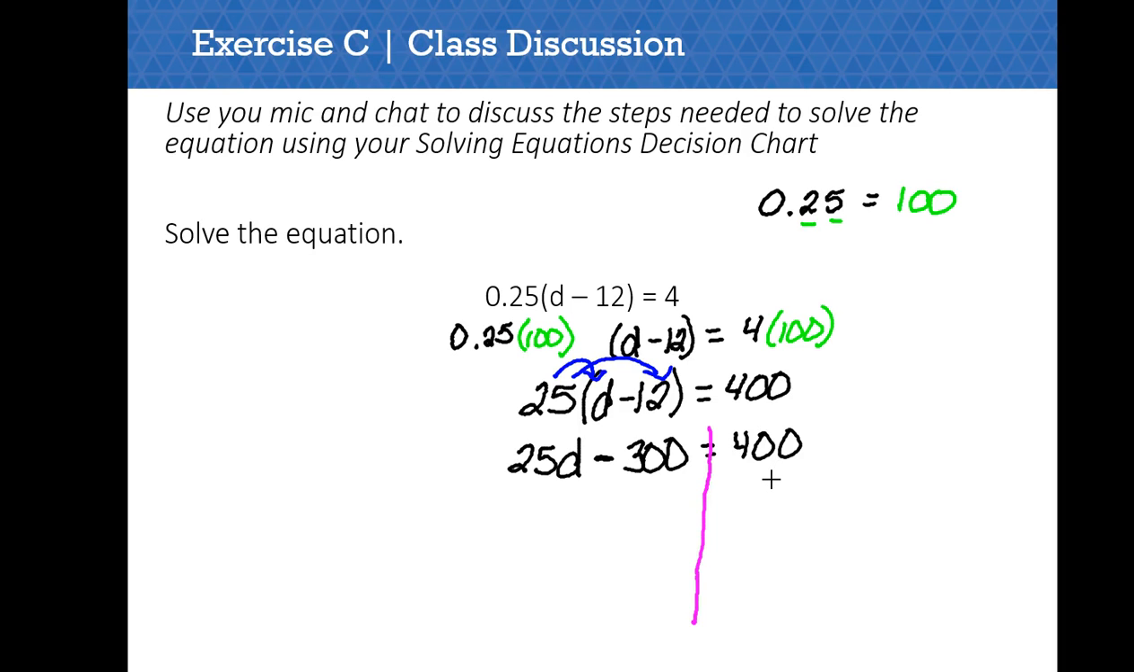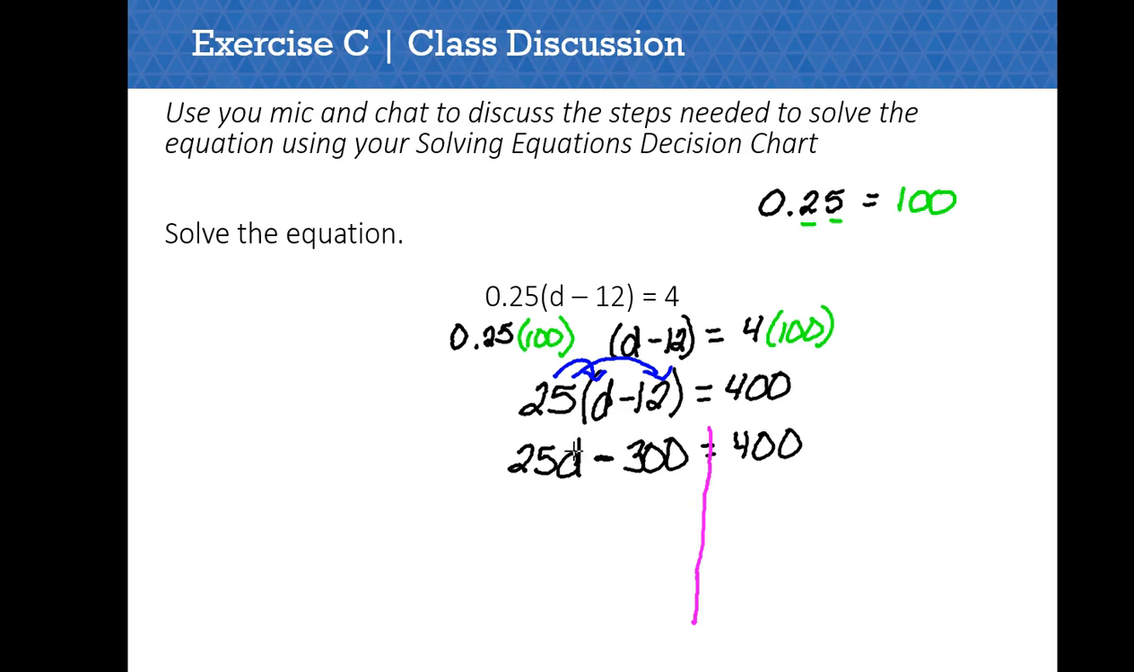Are there variables on both sides of the equal sign? Well, I have a d over here, but no d over here, so the answer to that one is going to be no. Are there constants on both sides of the equal sign? Again, constants are numbers without a variable. So the 400 is a constant over here on the right, but so is the 300 over here on the left. So I answer yes, and it tells me to add or subtract to move the constant away from the